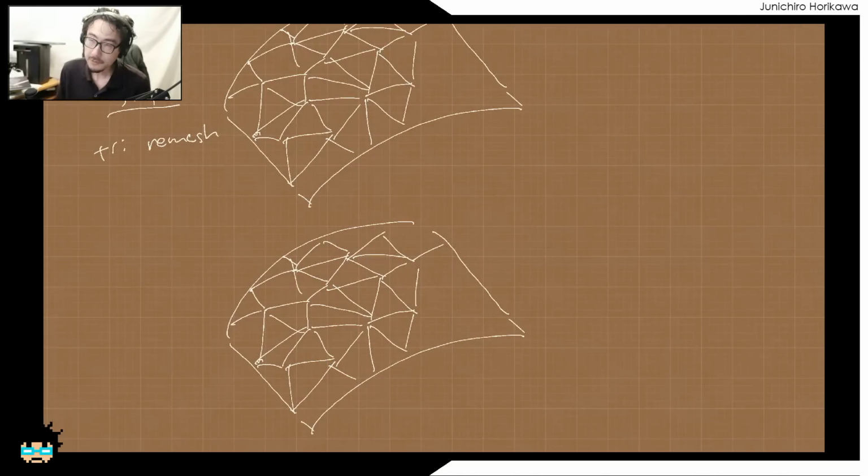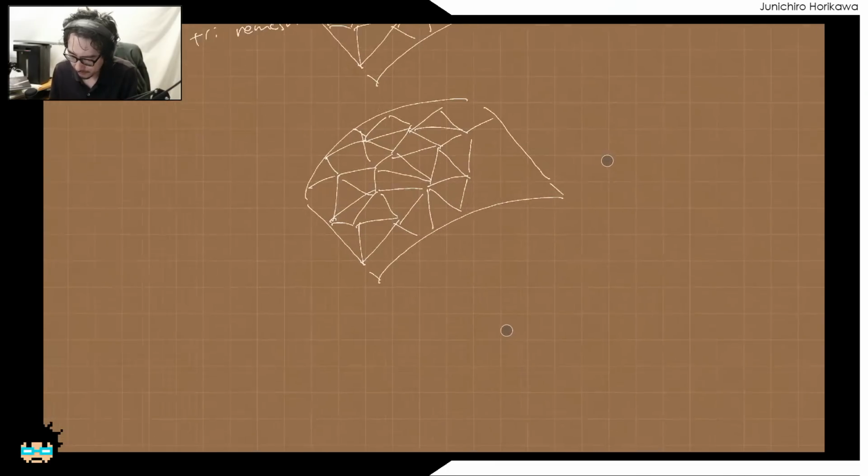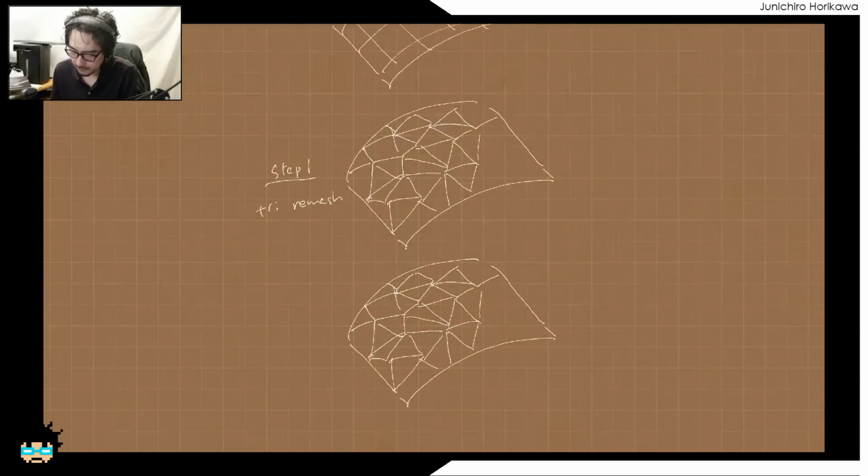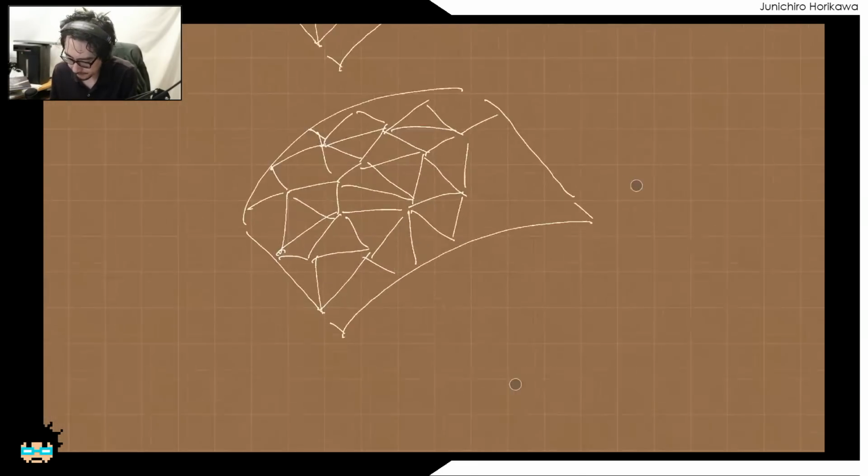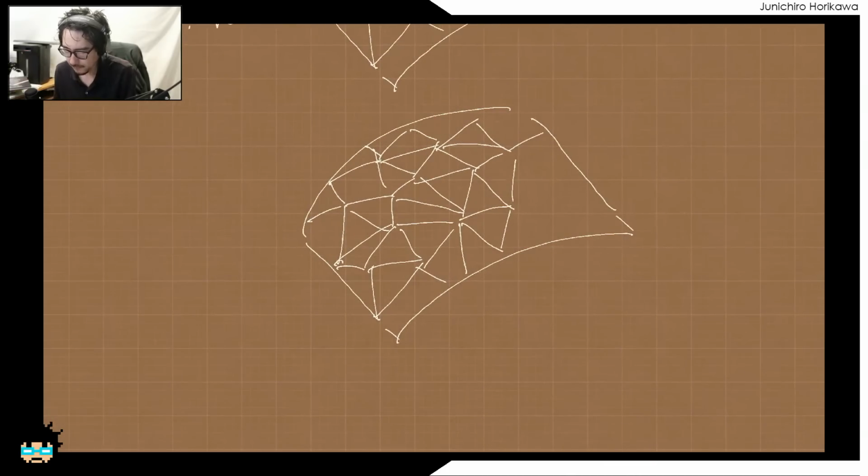And if you don't want to use the node itself, I think you could do some other ways. It could be a bit more dirty and a bit slower, but making triangle remesh is much easier than quad, for sure. Okay, and after you have created the triangle remesh, what I want to do next is to, first of all,